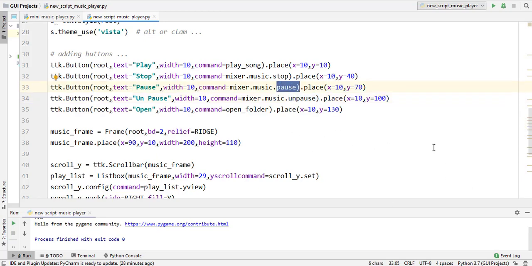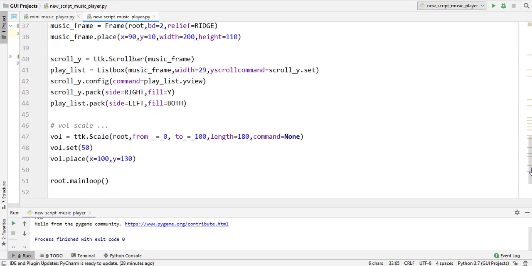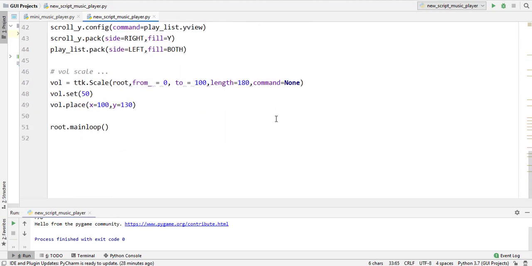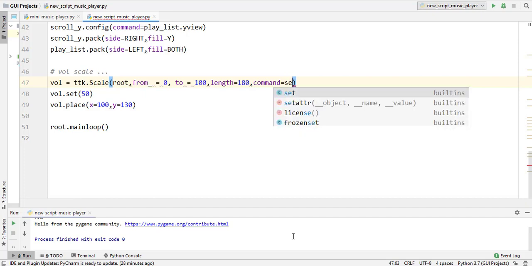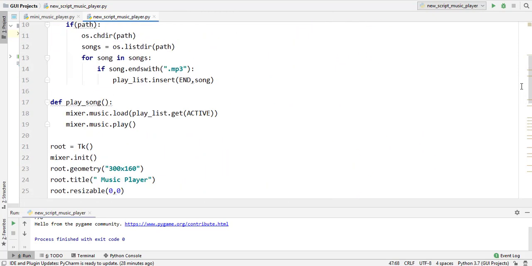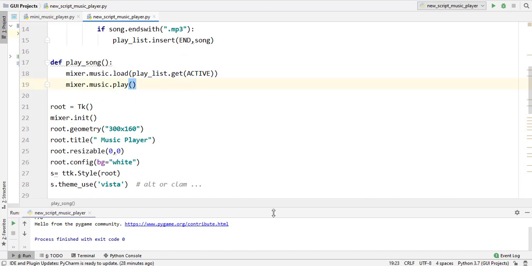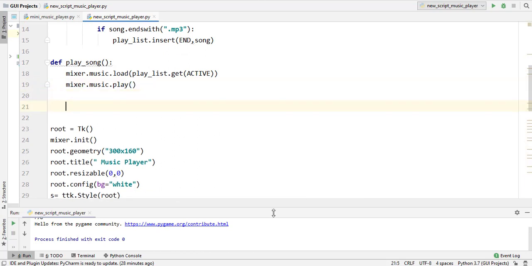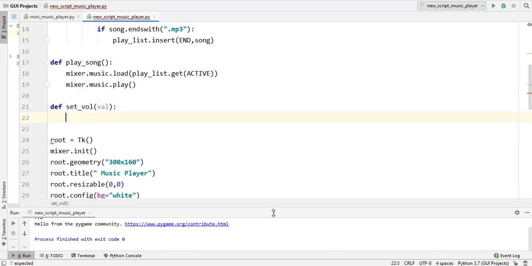Okay, the last function I have to create is for our volume. So I name that function set vol, and let's create this function also. Define set_vol, and inside it I have to pass a variable, val. So where does this variable come from?